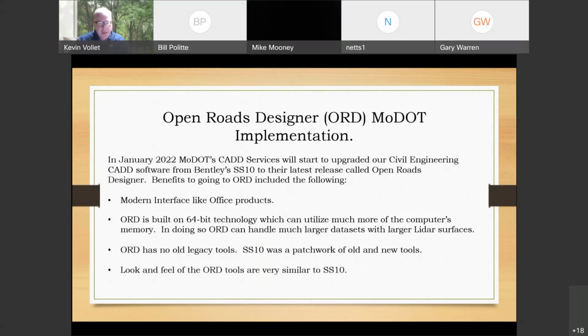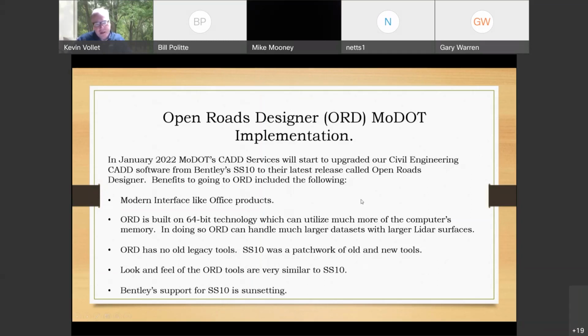Everything else, once you get into the tool, like Roadway Designer, is very similar to SS10. The template library is almost identical. So once you get into the tool, you'll be very familiar with it.